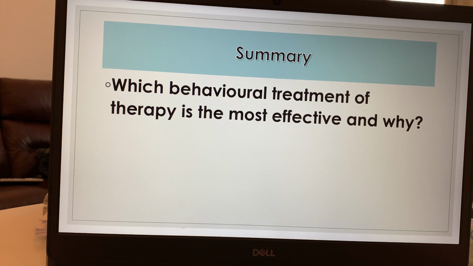So here I would say what both these treatments don't look at are cognitive aspects, and maybe CBT could be a better way of looking at it. So it's trying to have that evaluative kind of conclusion, but still being clever so that it's still AO3 and not just, I think it should be CBT, because that's AO1. So something to have a think about. Feel free to do a plan and send it to me if you want to, but that is phobias done.